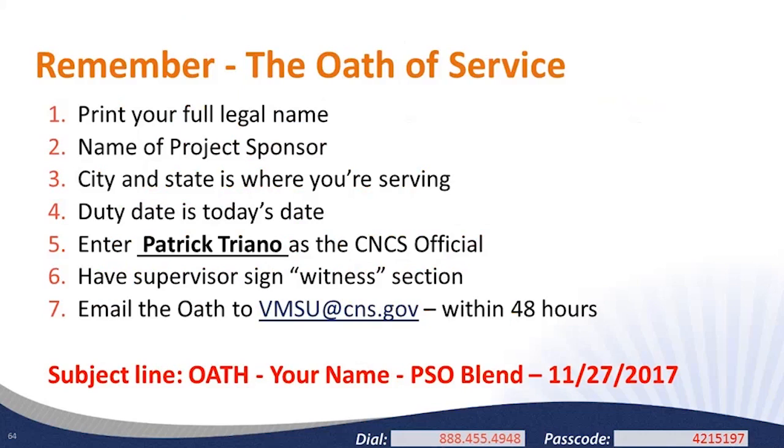Okay. So first, make sure to print your full legal name, which I believe you used in your AmeriCorps application. Second, give the name of the organization that is sponsoring your project, likely the organization where you're serving. Next, put the city and state where you're serving. Put today's date as the date entered on duty,